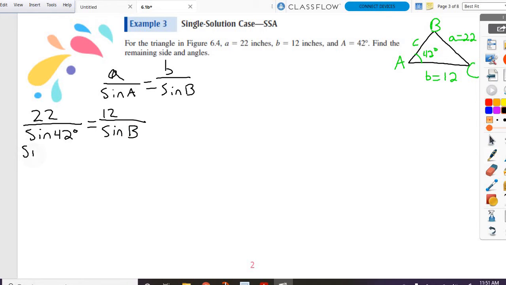Agreed? We're going to multiply sine of big B to both sides. And then of my fraction,